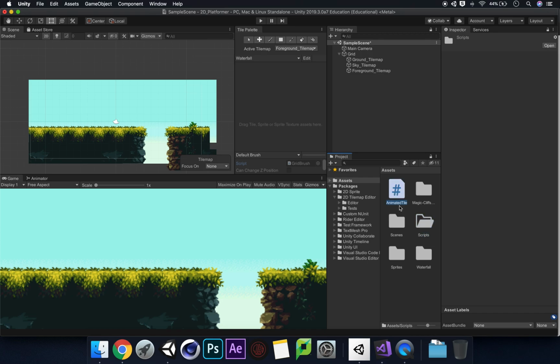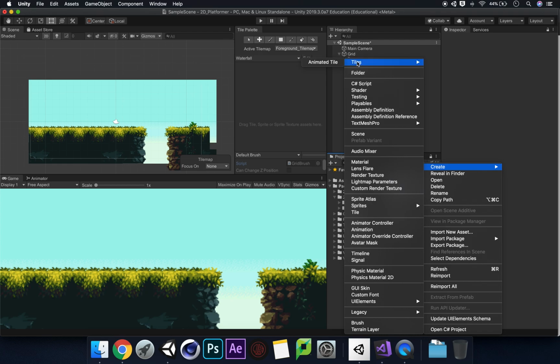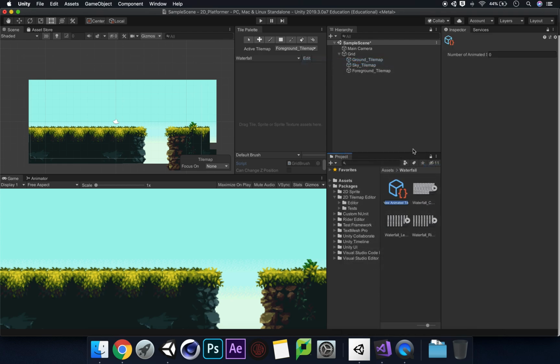We will get to scripts later. I'm just going to drag that in there. Lovely. Hopefully it's still in the same place and it hasn't run off anywhere. So I'm going to double click on the waterfall, right click, go to create, tiles, animated tile. There we go. And I'm going to call this